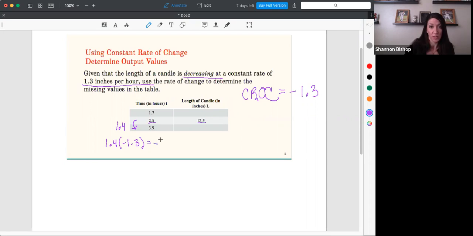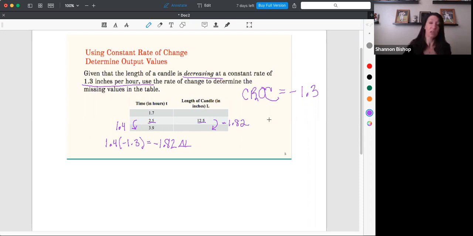Okay, so what does this tell us? Does this mean that the candle is literally negative 1.82 inches at this moment in time? No, of course not. This is just telling us how much the length of the candle is going to change by. Delta L, remember that triangle is just the Greek letter delta, and it means change. So it's not that your candle is literally going to be negative 1.8 inches long. It just means that the length will change by negative 1.82 inches in that amount